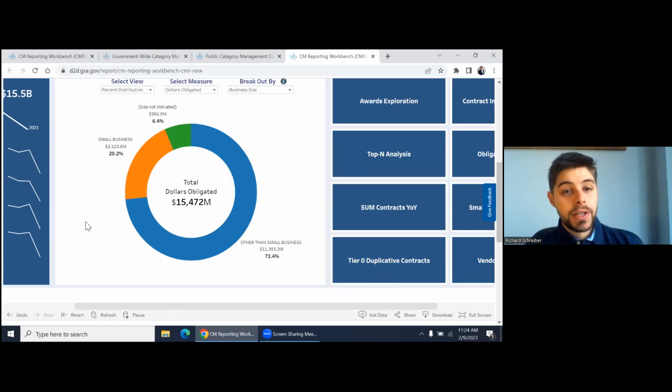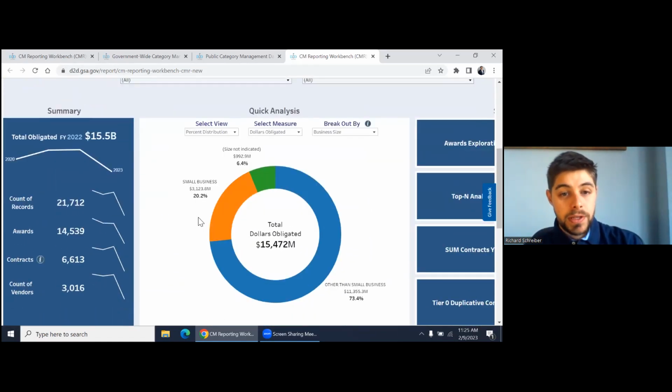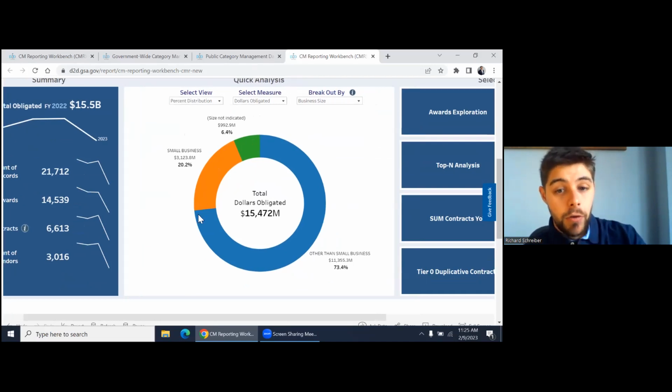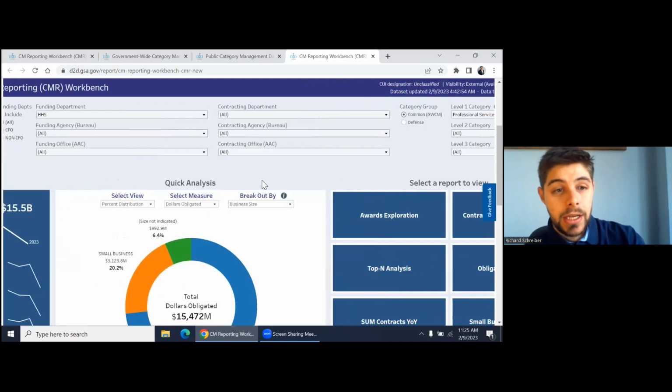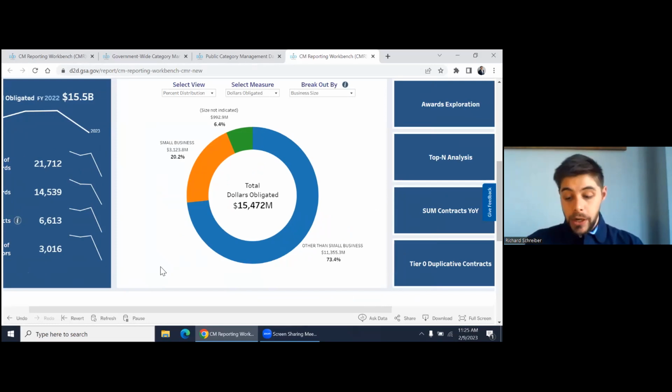So right away, you can see that 20% of HHS's spend was put towards small business. That's $3,123 million, aka $3 billion. $3.1 billion was awarded to small businesses through the HHS for professional services in FY 2022. Okay. So we talk about who's buying, what is being bought, how much is it being bought,